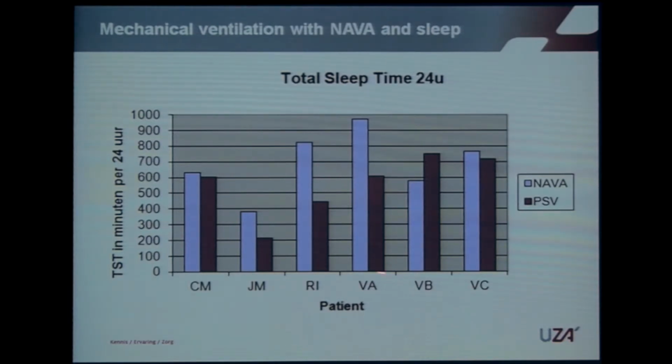We put here total sleep time, and you can see that in most patients we had quite an effect. The problem we faced was that it was quite difficult in some critically ill patients to differentiate between sleep stages. The sleep laboratory told us that probably some of our patients were having some metabolic encephalopathy, and it was not quite simple to differentiate.